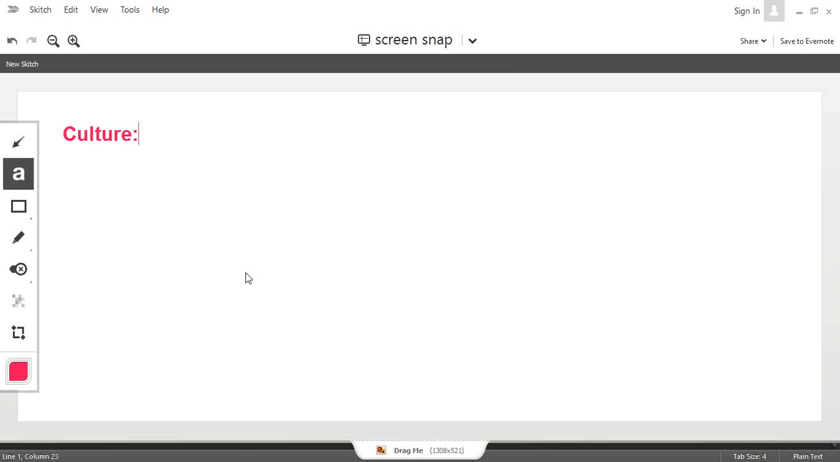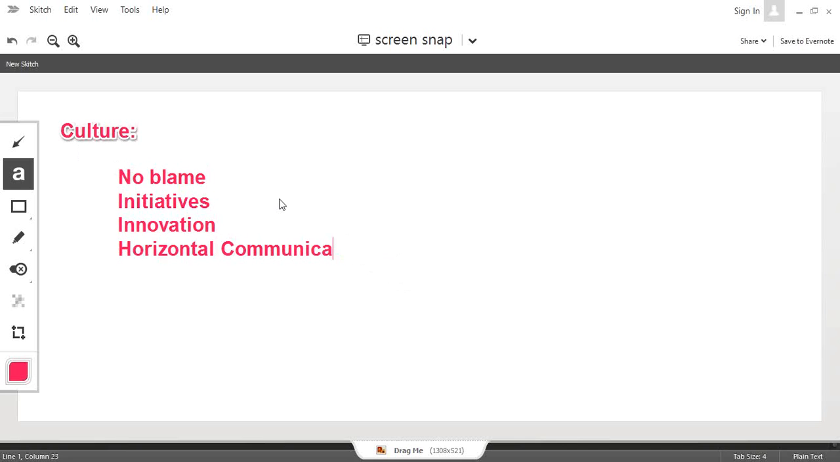Okay, from the cultural perspective, how do you set up a good DevOps culture? To set up a good DevOps culture, all that we need is to remove the ego. So this is a no blame game. So we say there should not be any blaming. There should be initiatives, there should be innovation, there should be horizontal communication, there should be a sense of responsibility. Now if this is missing,